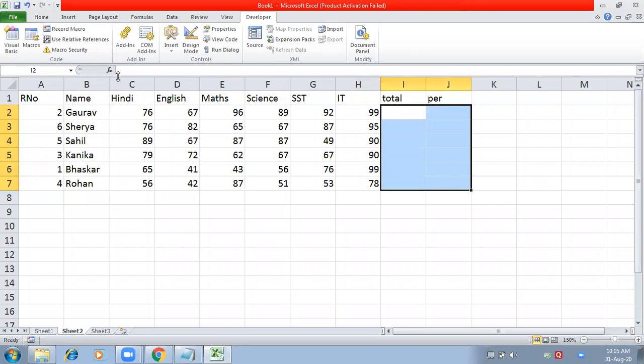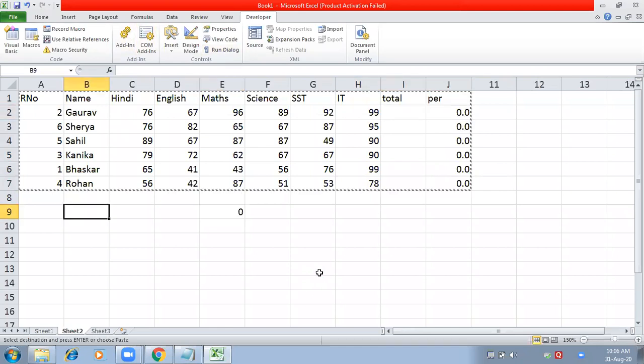Okay, so I have to run my macro now here. For that I have created a shortcut key also, that is control plus P. Let us check. Yes, it is working, but the total is not coming. Ma'am, why is percentage showing 0?